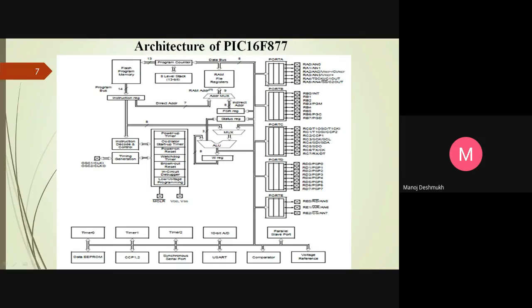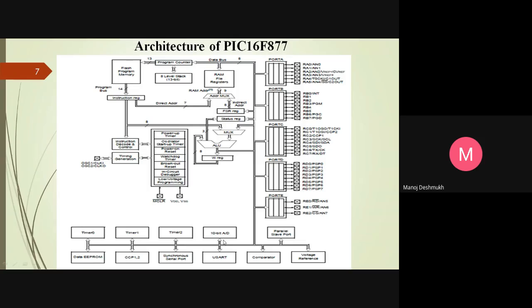Okay, so initially we go with the port sequence A, B, C, D and E from the right top corner, moving in a downward direction up to port E. You should leave some space for the peripherals. The bottom section is allocated for peripherals, whatever peripherals are available in the block diagram or in the features of the PIC16F microcontroller. So you just have to draw the various blocks related to the various modules available inbuilt with the